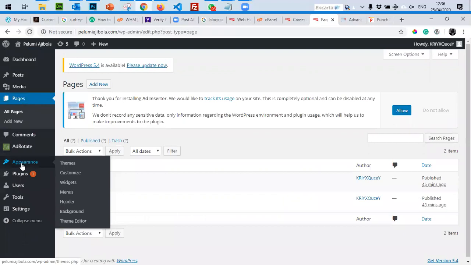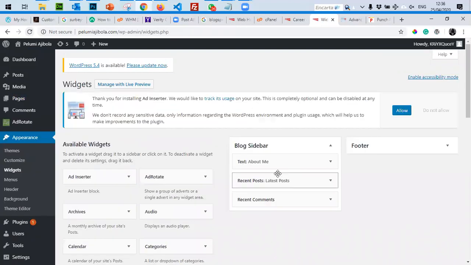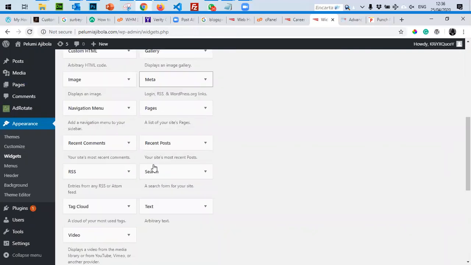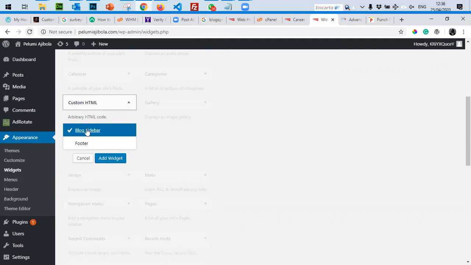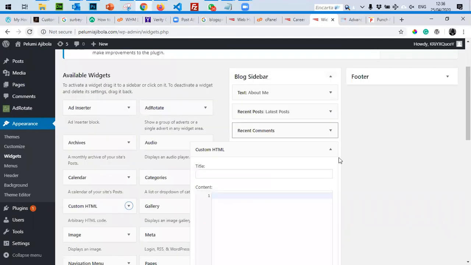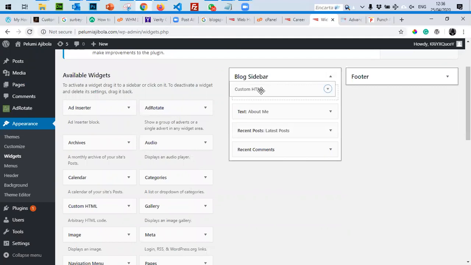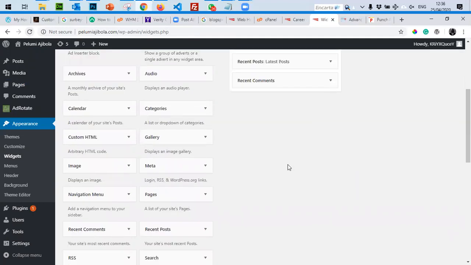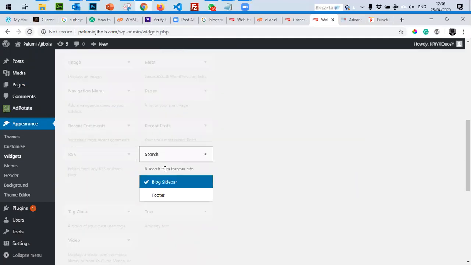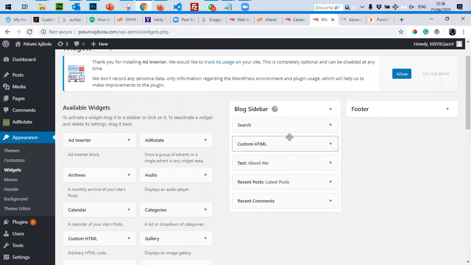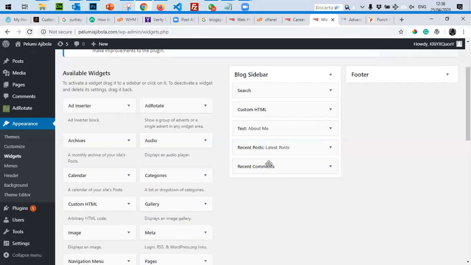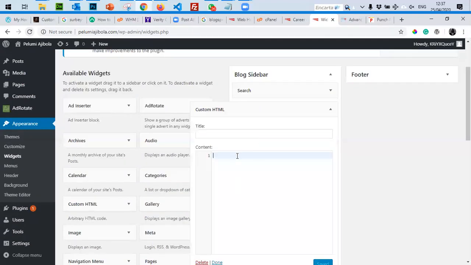Let me go back to our widget. Because we want the banner to appear on the right side of the page, I can as well just come here, pick a blank HTML, like custom HTML. I want to add it to my side widget. So meaning that I can have a blank HTML. Something I didn't mention also in widgets, you can also add a search to your widget, meaning that the search comes first, then this custom HTML comes next.